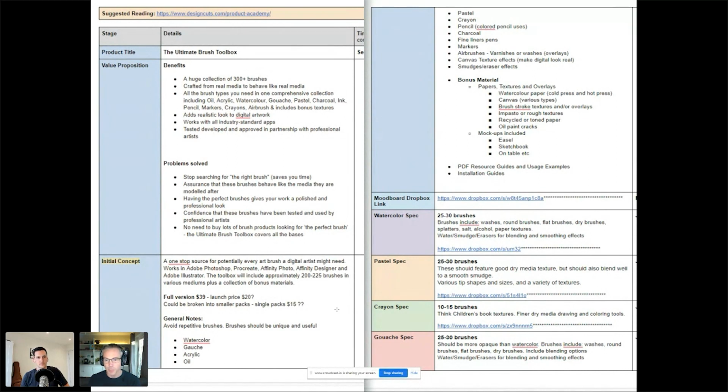So you can see here where we're outlining the initial concept, saying this is for Trailhead's brush pack. I don't know if everybody saw that, but oh my God, what a product. So what is it? It's a one-stop source for potentially every single art brush that every digital artist has got to buy. We would like it to work in Photoshop, Procreate, Affinity, Affinity Designer, Adobe Illustrator. And bear in mind that when we reached out to Nathan at Trailhead, I thought this is actually quite a big ask. We would like maybe 200 to 225 brushes in there,